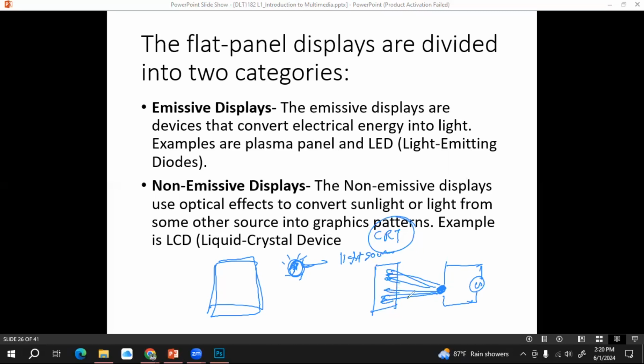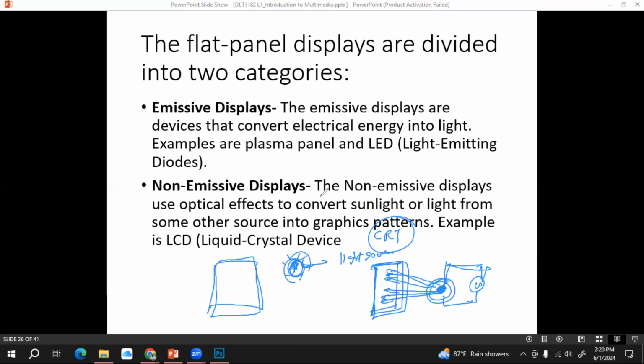By using this energy, this display can produce some graphics, right? In this scenario, we are mainly supplying energy to an external resource. Using this light source, we can draw some graphic patterns on the display. We call these types of displays non-emissive displays.